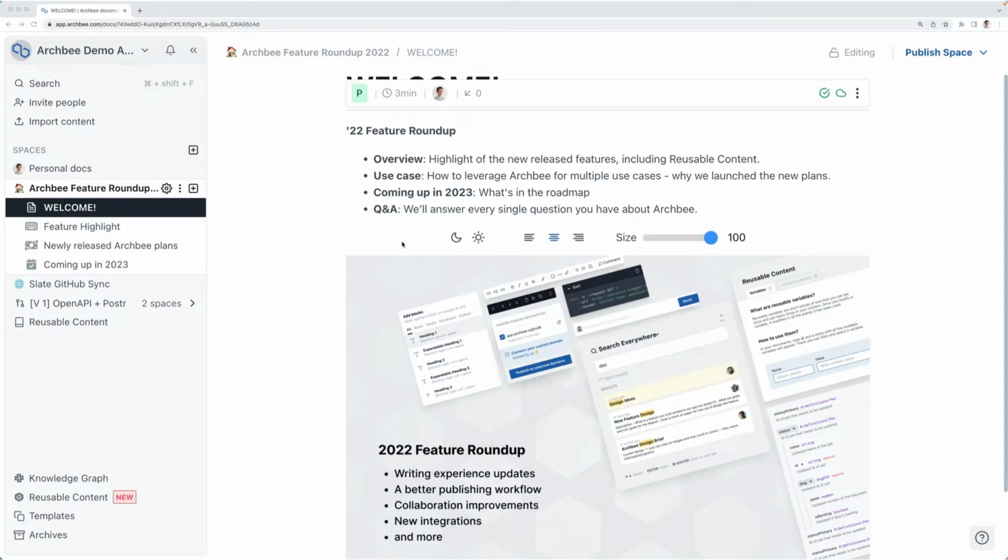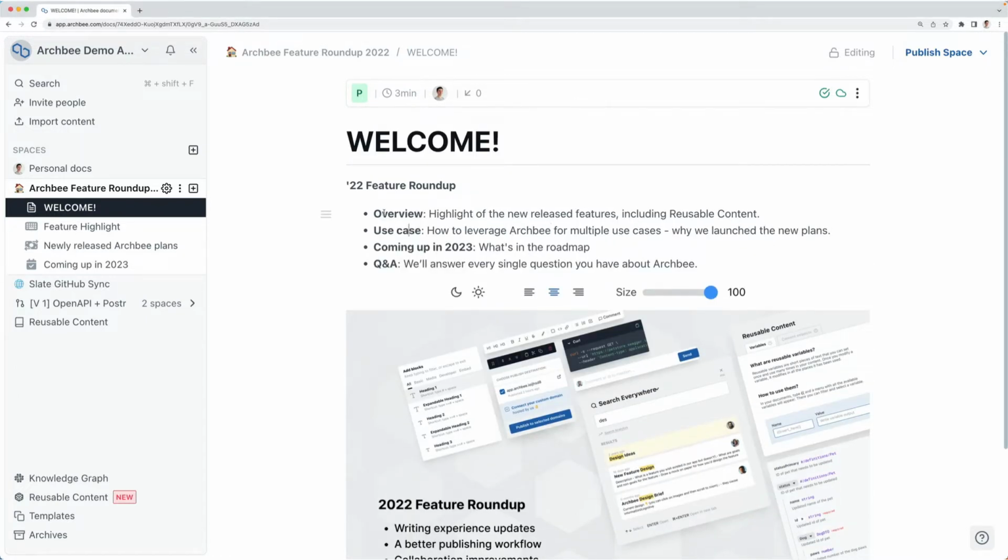That being said, let's go over the agenda. Pretty simple. I'll have an overview of the newly released features. I'm going to focus on a few of them. Next, I'm going to talk about the features by presenting a use case, the most common use case for clients of Archbee. I'm going to share with you what's coming up in 2023, what's in the roadmap. And finally, we will have the Q&A. So that being said,